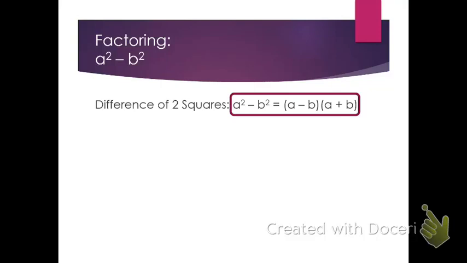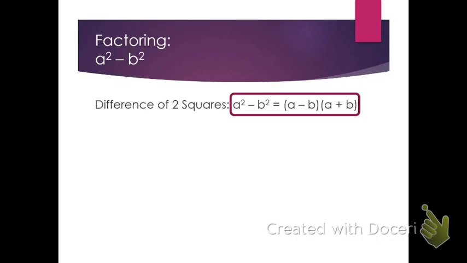Our next method of factoring is the difference of squares method. You will use this one anytime you have something that looks like something squared minus something squared. The formula that we have here is a squared minus b squared equals the quantity a minus b